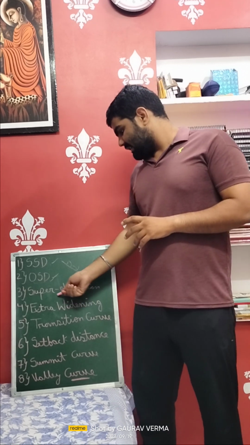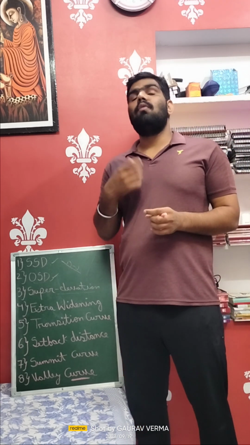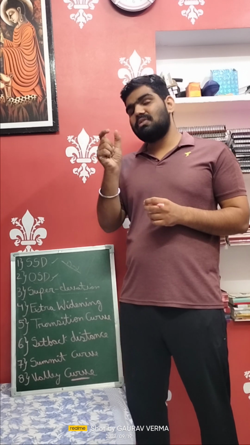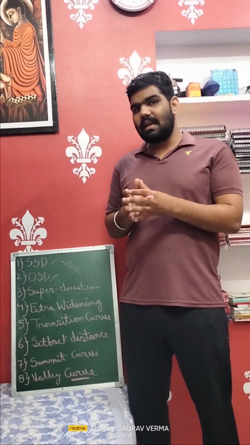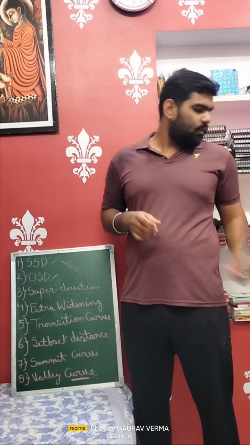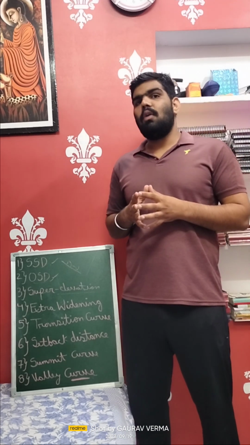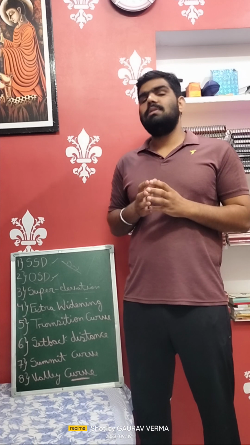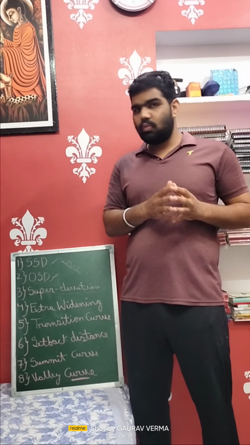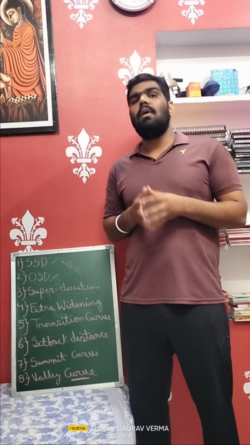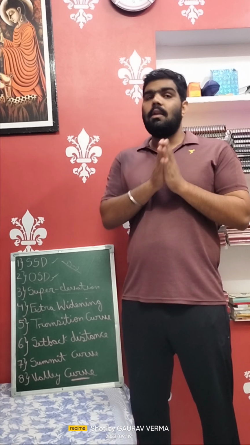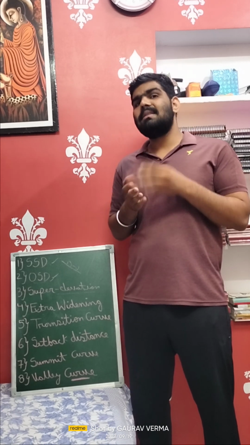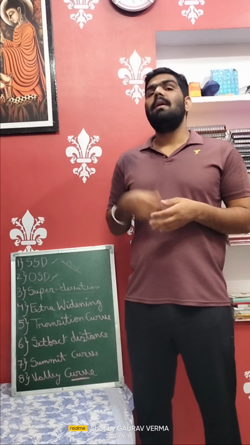Okay. Now our third topic is super elevation. What is super elevation? The formula of super elevation is e plus f is equal to V square upon 127R. Now there are two conditions in super elevation. If P upon W is smaller or equal to b upon 2h, then it is the condition to avoid overturning. Now p upon w is equal or less than f. It is the condition to avoid skidding.